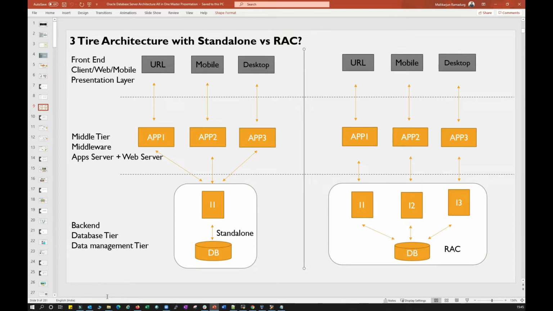And you can call it a backend or middle tier or data management tier, anything you can call it for this tier, right? That is just a quick comparison between the three tier architecture versus standalone and RAC. And if I go further,